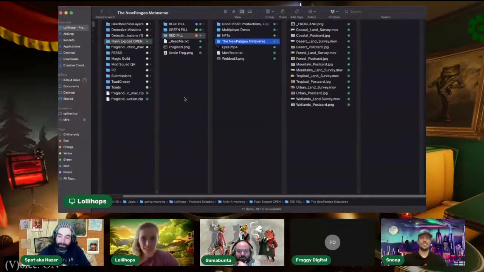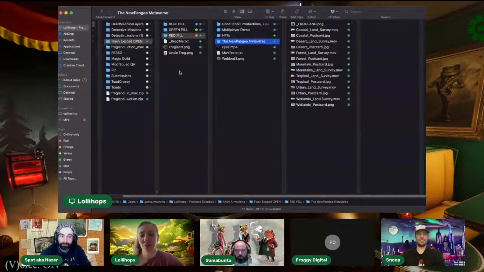All right. So just to refresh everyone's memory, in case this is the first time you're hearing of this, we set up a flash drive with a bunch of folders on it to be able to hand out both at Devcon and at the other in-person events that we'll be going to as we continue to do some of this in real life. We thought it would be pretty entertaining to hand out a sketchy flash drive at a crypto conference and see who is willing to stick that in their computer. And the answer was that it was actually pretty darn well received, which I thought was very fun and very cool.